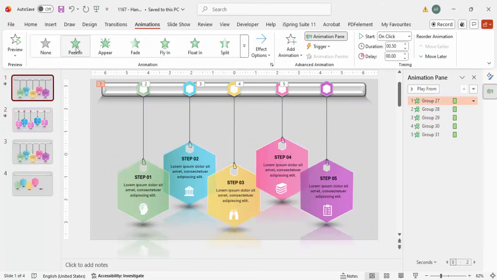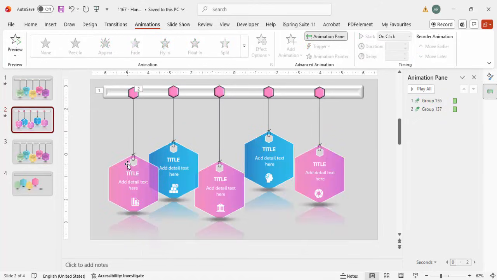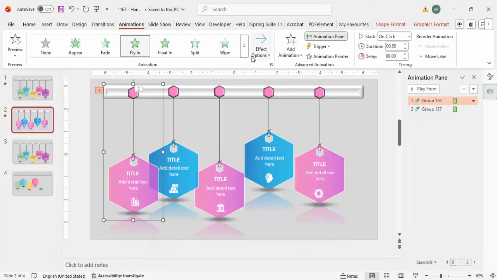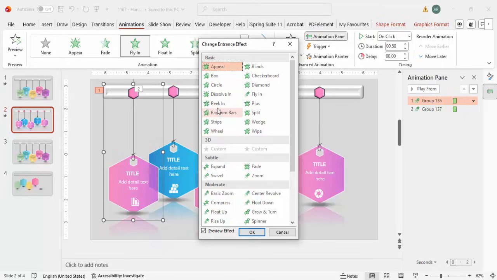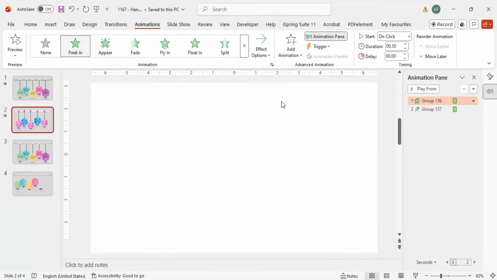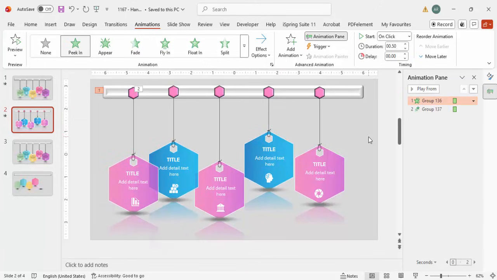Here I have given peek in. Okay, so peek in animation I have given. So here also you can just simply go and instead of this one, you can choose peek in, which is in the more entrance effects, and you can see the peek in. Click OK, and from left it comes something like this. All right,